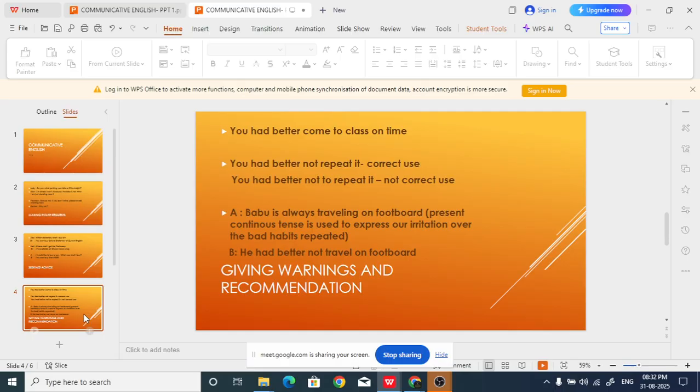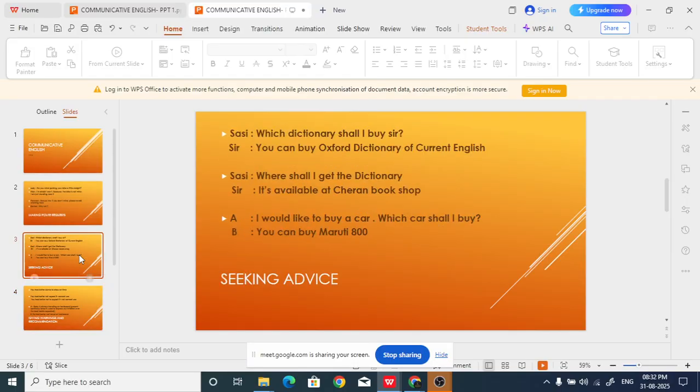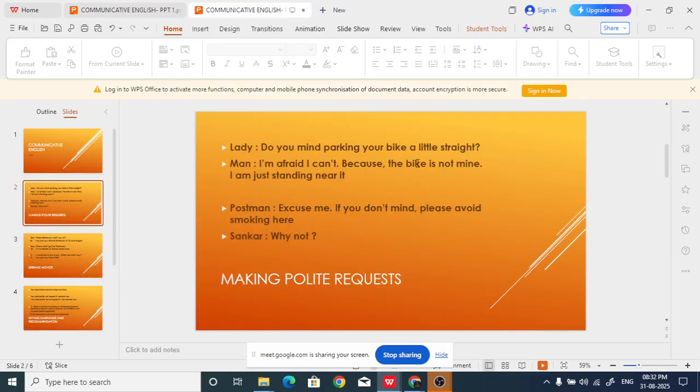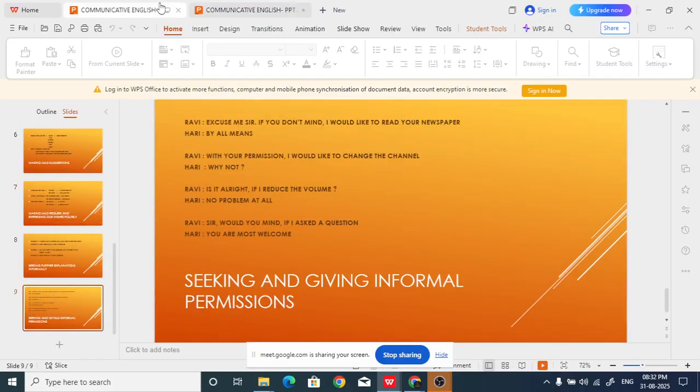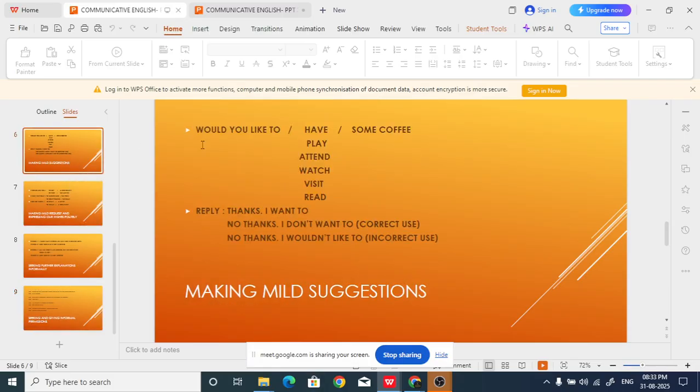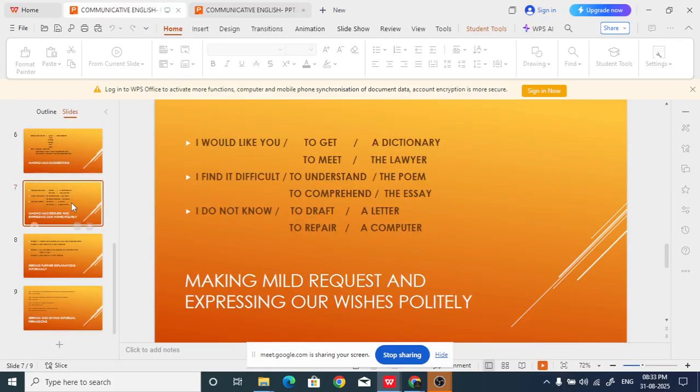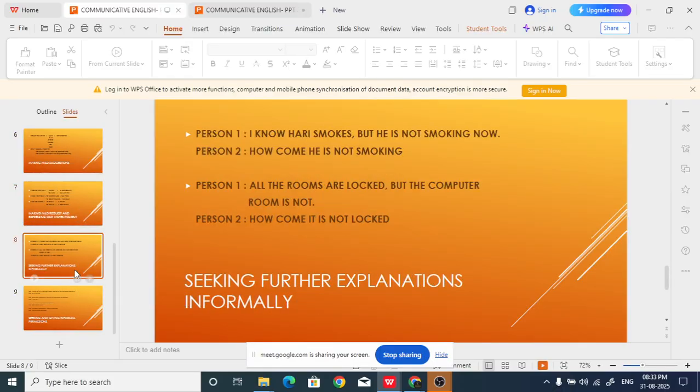So like this, you can make sentences giving warning, seeking advice and making a polite request. Like that, you can make them. I am going to send you this in the group. You try to use these. For example, here you start with "Would you like to," then here you are starting with "I would like to," then here you are starting with